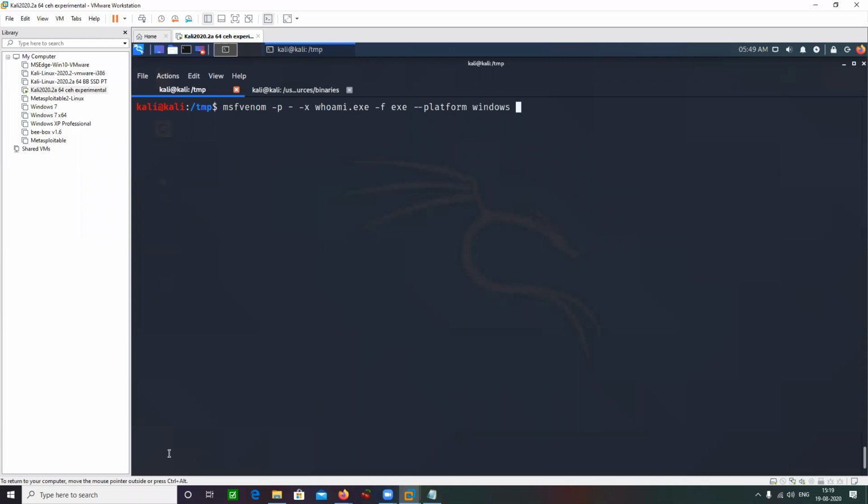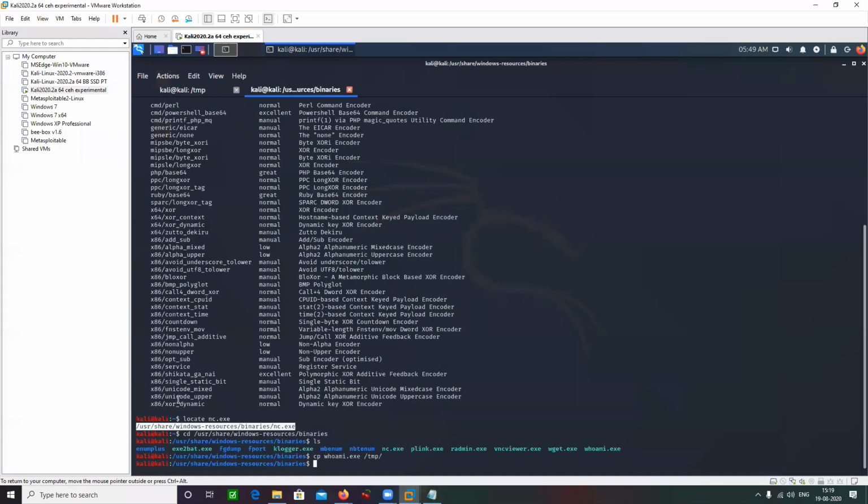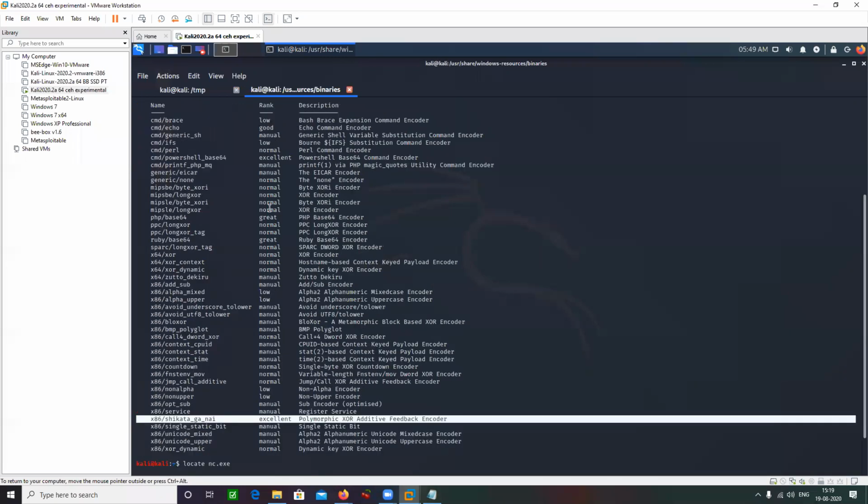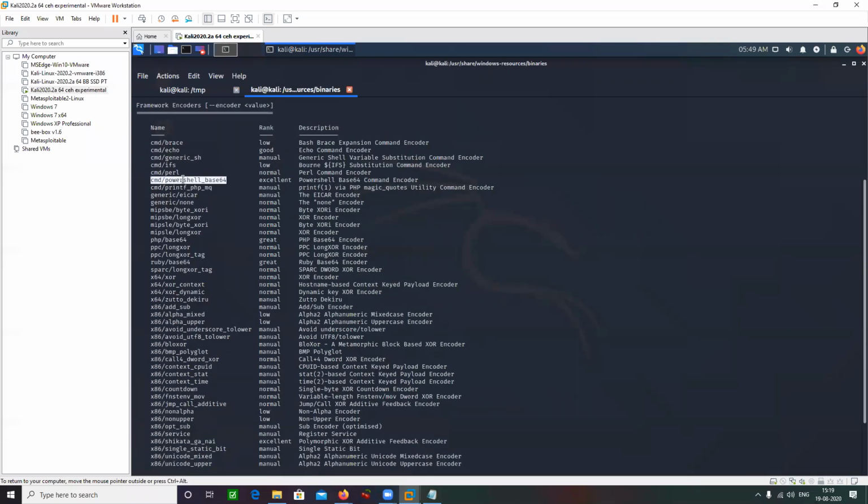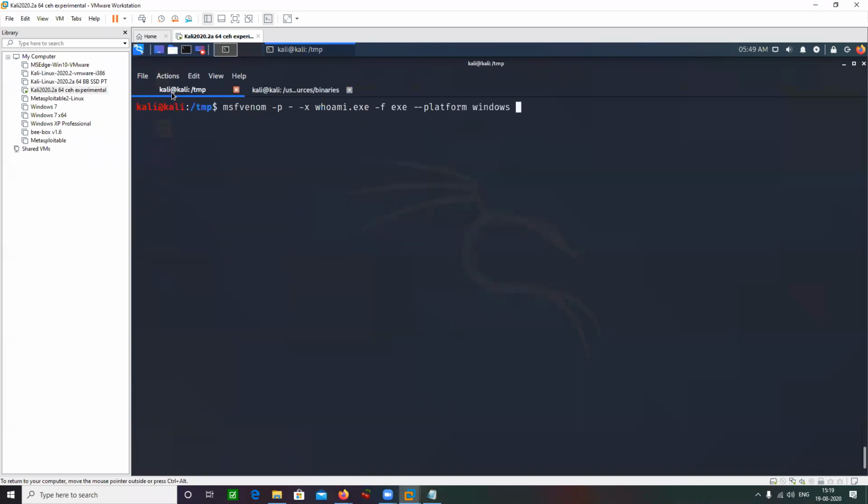I can use a different encoder here as well. If I want to encode it once again, I can do that. Let's use another encoder. Another excellent one, this one. Copy this, -e, -i.